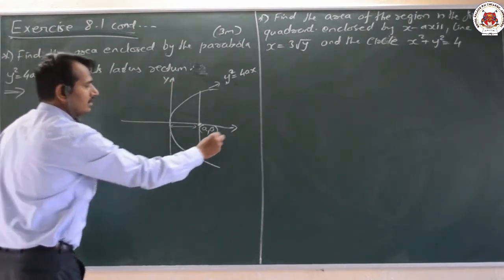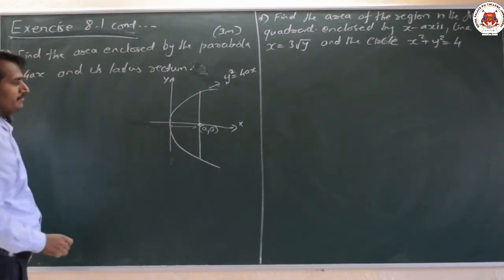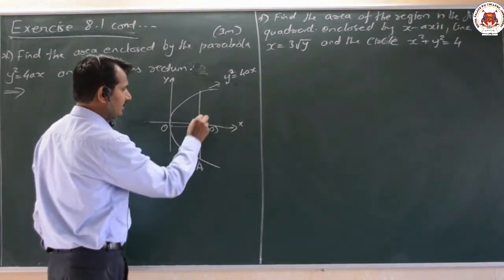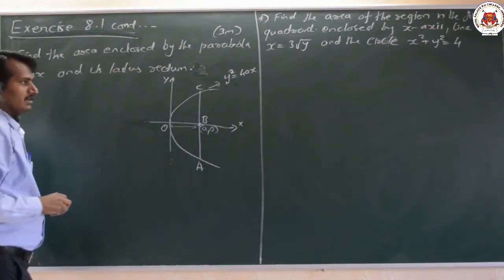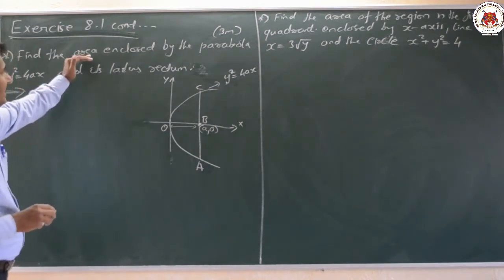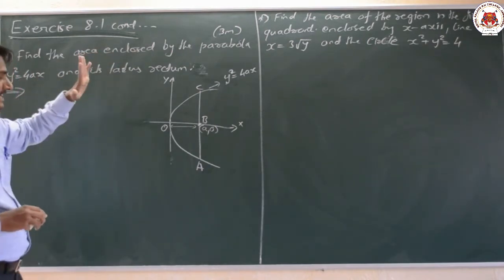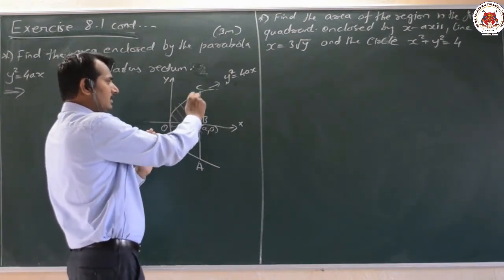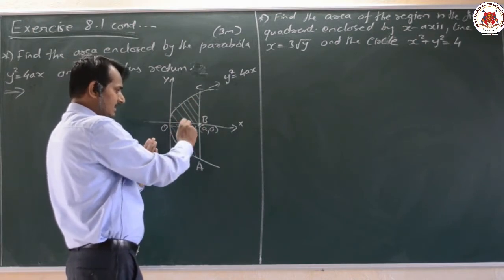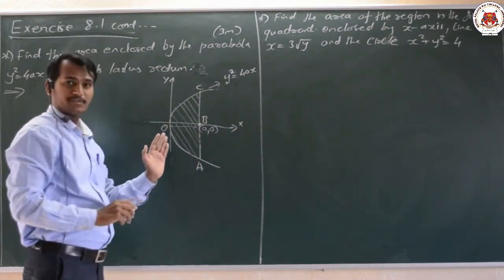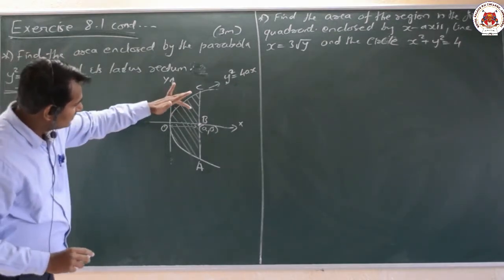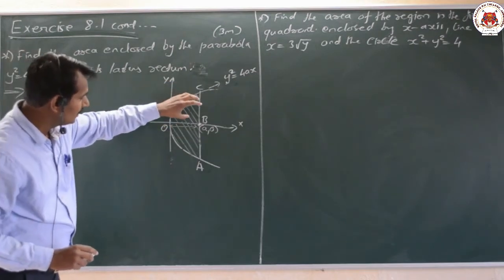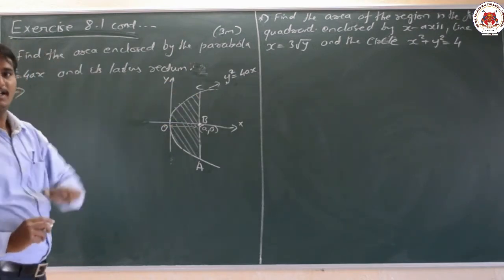Now we shall start our actual problem. Let us take the origin as O, and let us take A, B and C. Which area do I require to find? The area enclosed by the parabola and its latus rectum. Students, I require to find this whole sector area. Since these two halves are equal, I will take 2 into this particular sector. In that manner I will solve it.